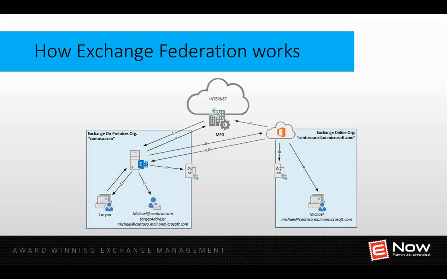And to get insight into this, the number one tip I can give you: use the Test-OrganizationRelationship command, because it will break down each of the steps that I just went through, and it will tell you, yes, I was able to do a test or get a token from the Microsoft Federation Gateway, so that's a pass. Then it will test the remote connectivity. It will tell you, yes, I was able to connect into the remote organization, that's a pass. And it will do that step by step and give you an overall pass or failure code,